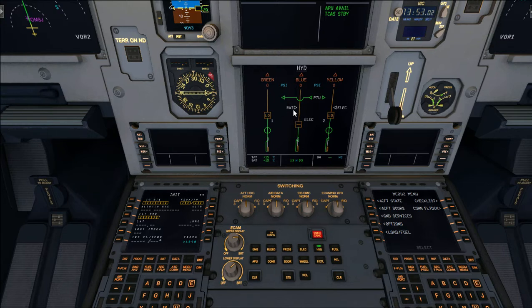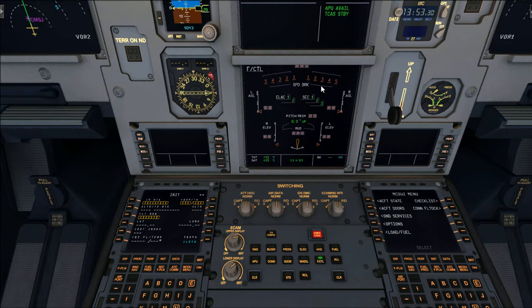And RAT is a ram air turbine, which is like a windmill. In a situation where the APU is not functioning or engines are not functioning, it helps to generate electricity for the time being for the aircraft. And green, blue, yellow each has its own system which controls literally all the flight control surfaces of the aircraft, like rudder, ailerons, etc., and flaps too. This page shows the control surfaces of the